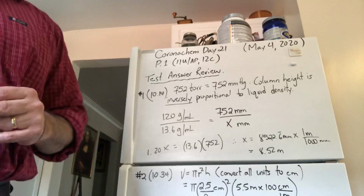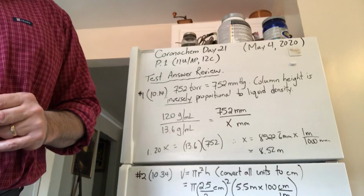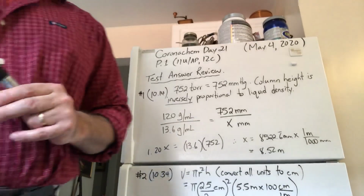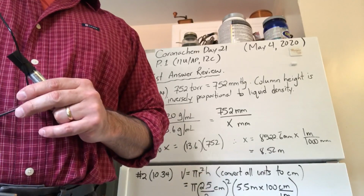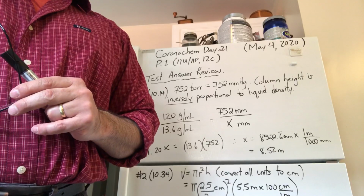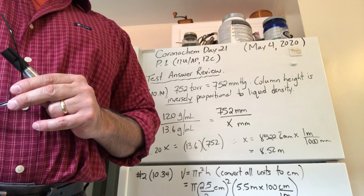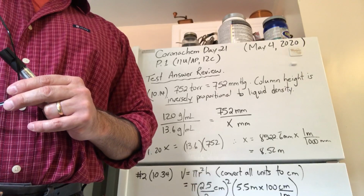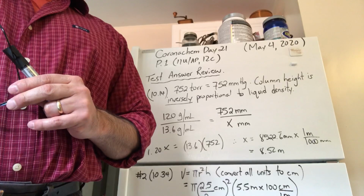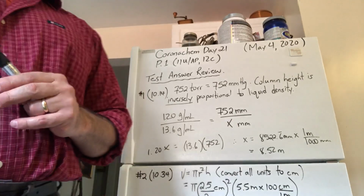So the first question, 1014, asks, the compound 1-iododecane, a non-volatile liquid with a density of 1.2 grams per milliliter. The density of mercury is 13.6 grams per milliliter. What do you predict for the height of a barometer column based on 1-iododecane when the atmospheric pressure is 752